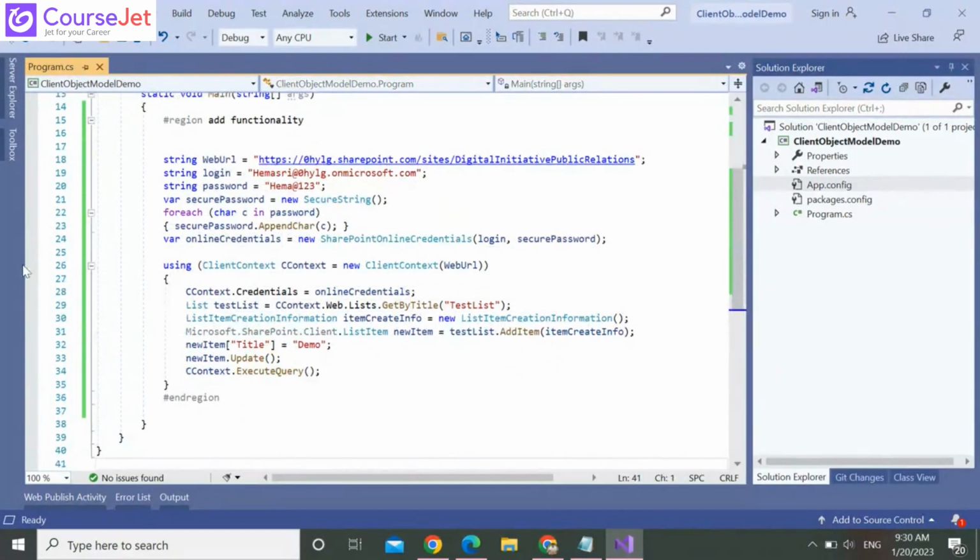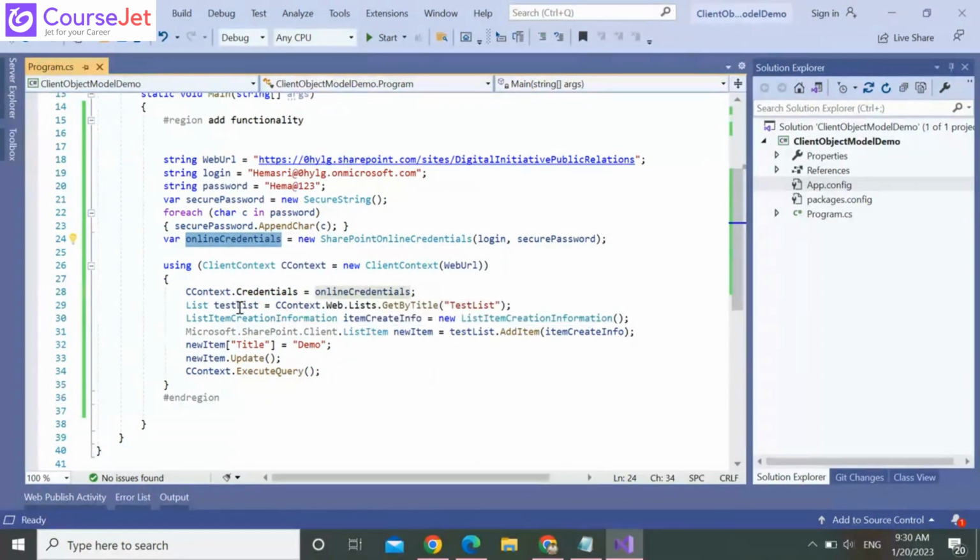From here we are starting with the first step. Yesterday I told you about client context, wherein the SharePoint object model will be used. Here we'll use ClientContext. Here you can see capital C in Client and capital C in Context. This is the format. We are creating the object for client context, and for the client context we are passing credentials. The ClientContext.Credentials, the online credentials object we have created, that one we are passing.